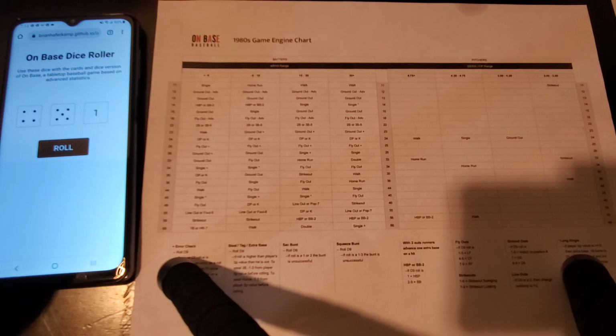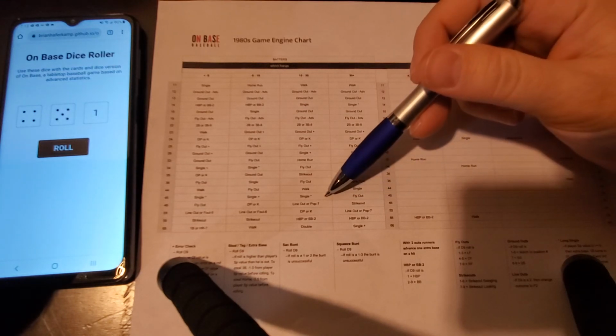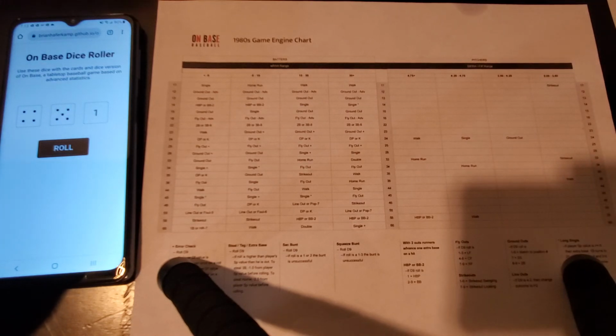4-5, that's to Andre Dawson, the Hawk. And that's going to be a long single. Dawson's speed rating is 4, so he's going to stop at first base. But with the long single, Raines is going to score. Dawson with the single down the left field line, and that's an RBI. So trying to make the ending score a little bit more respectable here.